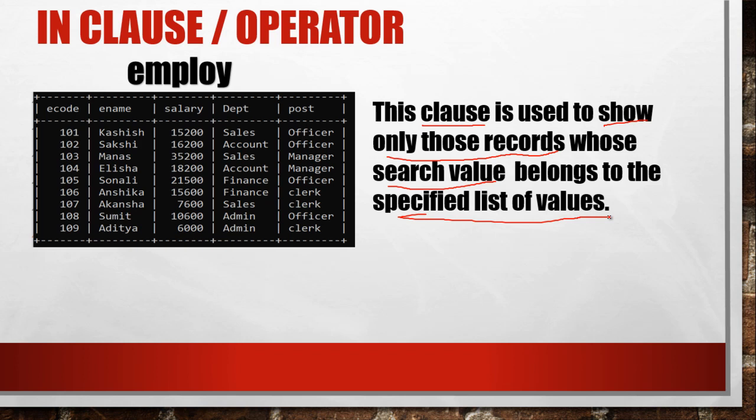It means we have to specify a search value, and if that search value belongs to the given list of values, then the record will be shown.